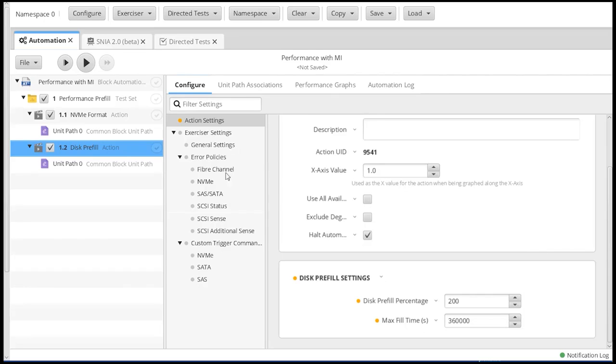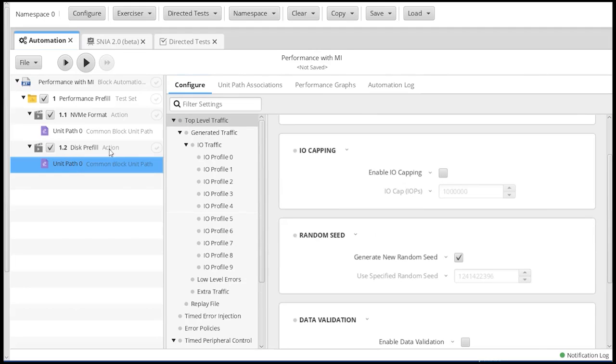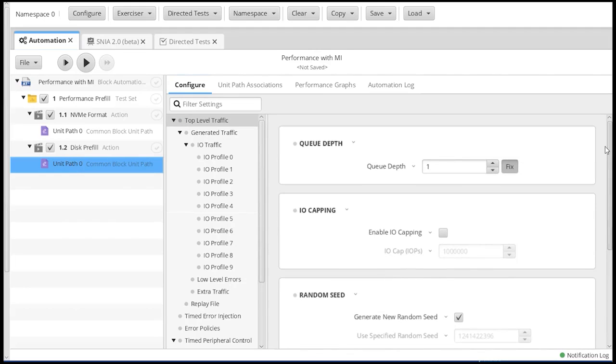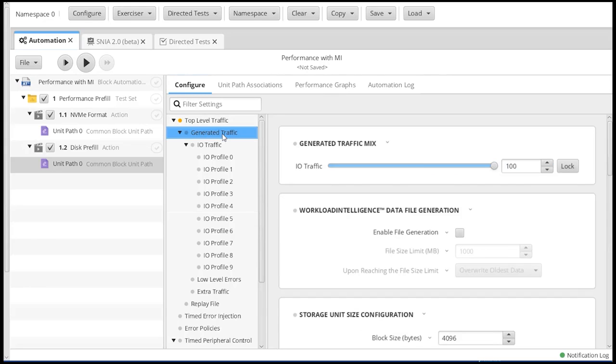Once we've set the prefill we want to use, now we're going to come back to our unit path and we're going to start to define what we want. So the first thing we want is our Q depth to be 16. And then we're going to go to the generated traffic. Now, I did this on purpose because you notice it just shows I/O traffic.